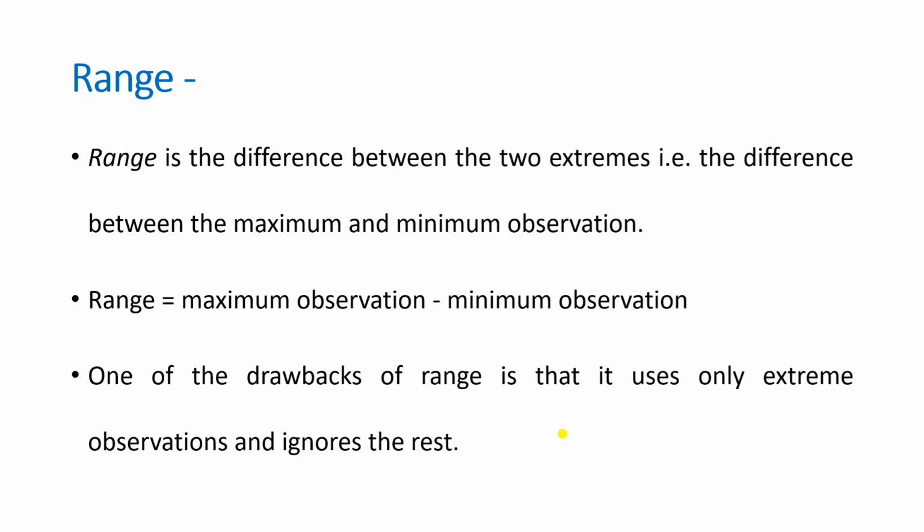Maybe most of the audience are around 45 to 50 years, but we are ignoring that. We are not even looking at that fact. We are only bothered about the extremes of the value, and this is the drawback of range, because it does not tell us much about the distribution of the individual person's age in the given data set.